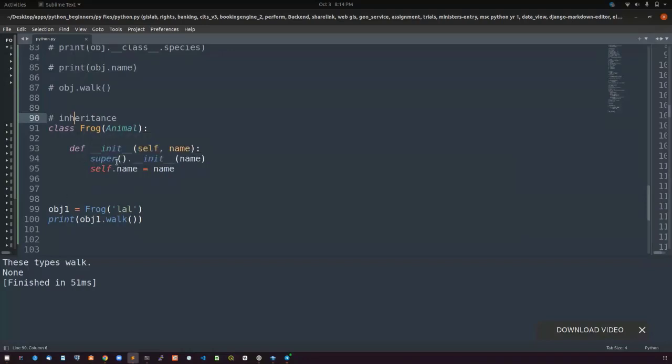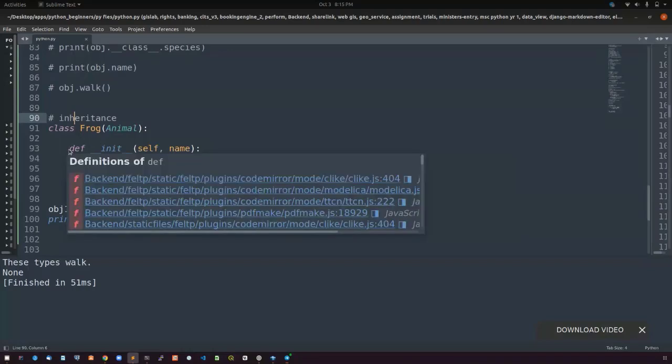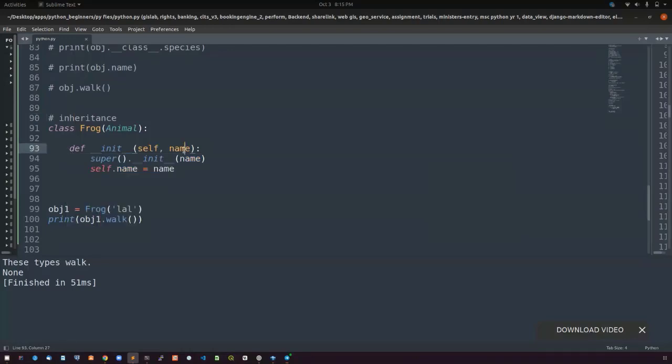Now we have init being defined over here, and then we have init also being defined over here. The difference is that whenever we call frog and it runs for the first time as an instance of the class, it is going to run the init first. So it is going to initialize this init for the frog. But because we are inheriting all of the attributes of the class animal, we call the init also over here,